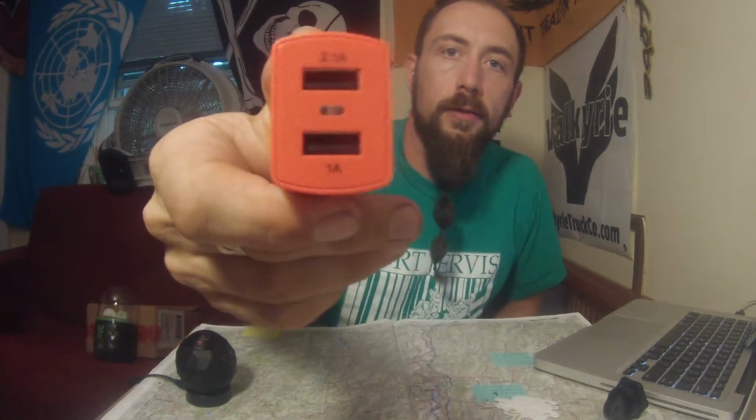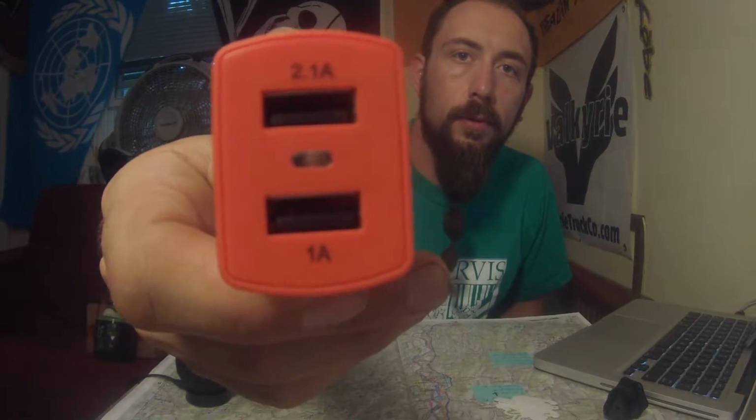Now, they've asked me to upgrade the BIOS in my new camera so that when I go to charge it, it won't be doing the same thing it did before. Make sure that you've bought a 2.1 amp charger. You're going to do the same thing with your car charger. Now, I've never had to rebuy a battery for the GoPro, and I use it quite frequently in the same ways, and it takes quite a beating. I've fallen on it, it's broken off my helmet, it's broken off my car. It's kind of the ultimate action camera, but you're only getting a certain perspective